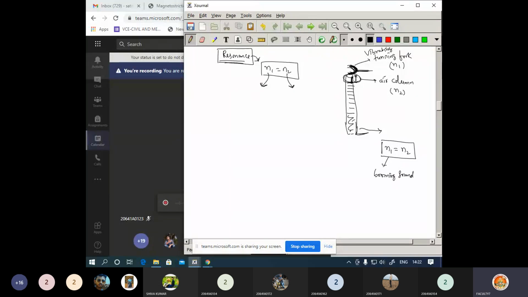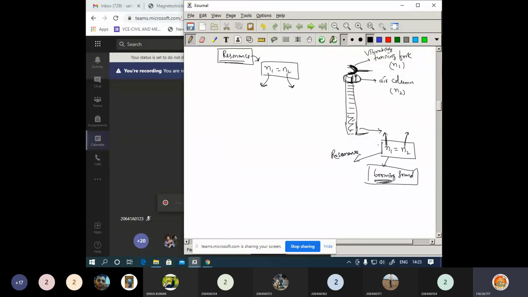Okay, so we are going to generate a sound here which is booming. Booming in the sense high amplitude will be there. You can listen with a maximum amplitude if the condition is matched. What is the condition here? If the tuning fork frequency is equal to the frequency of the air column, if both the frequencies are matching, there you are going to get the booming sound. So that particular concept, we are considering it as resonance.